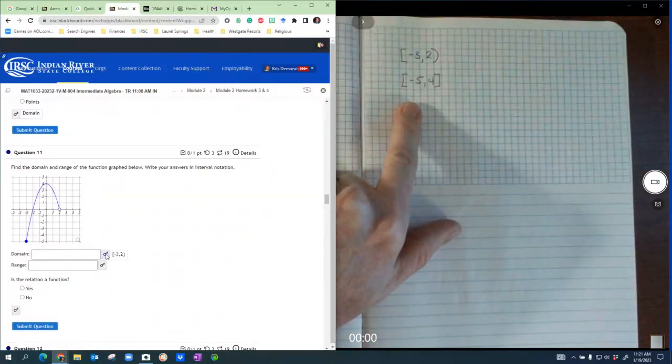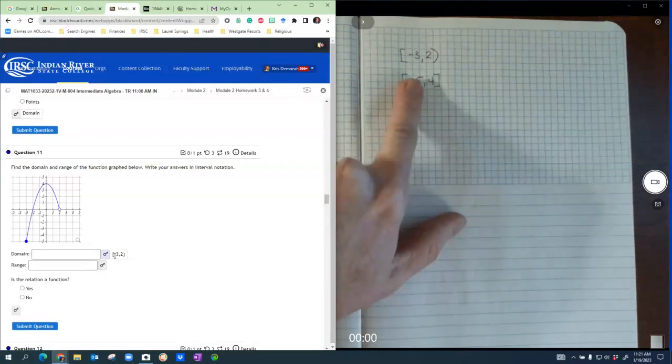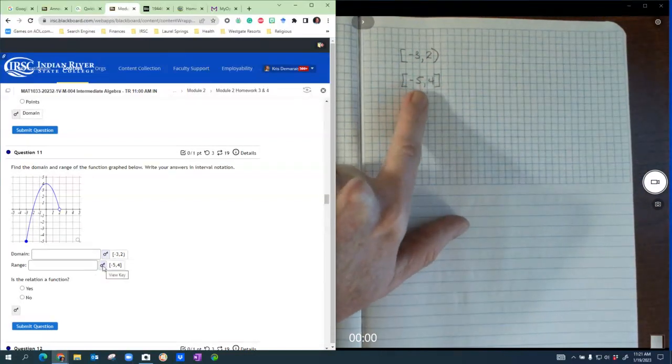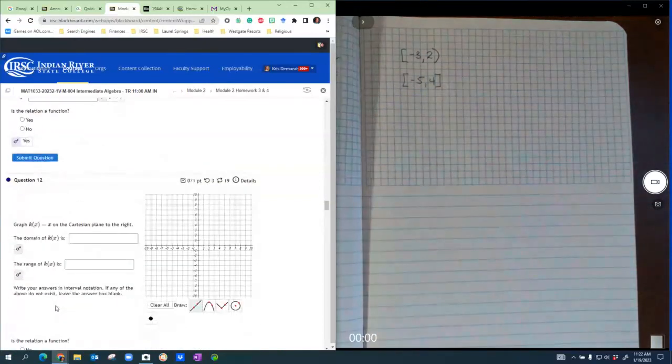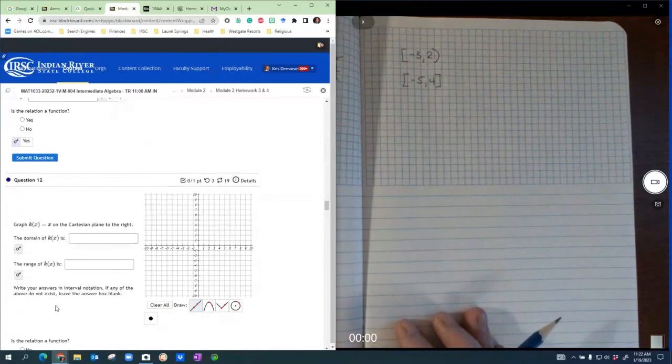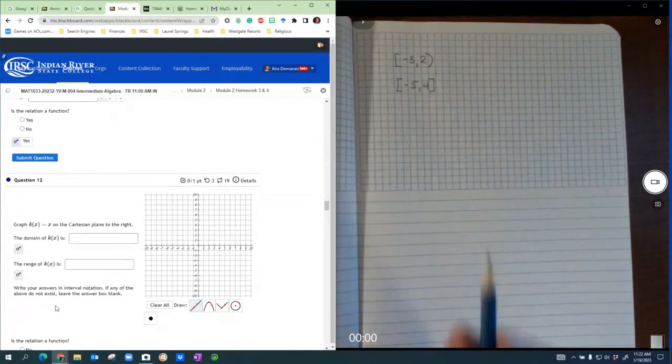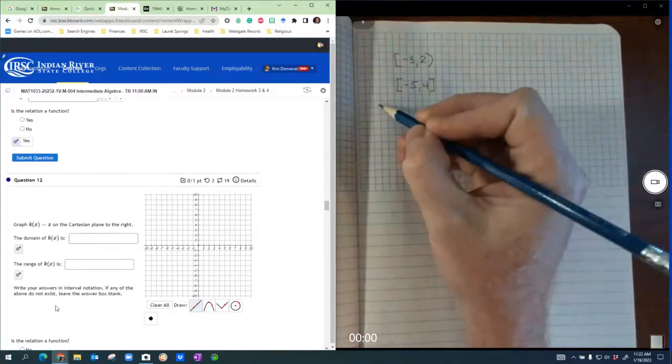So let's look at the key. Here is exactly what I gave you, and then also exactly what I gave you. All right, and is the function a function? Yes, it is a function, of course, because it passes the vertical line test. All right, so that's question number 11. Now let's look at question number